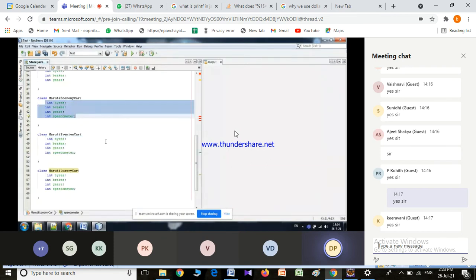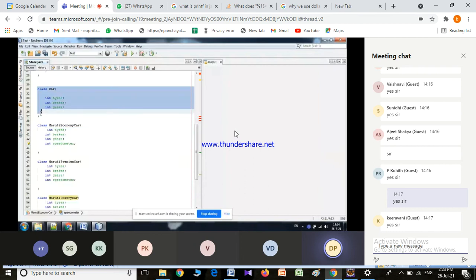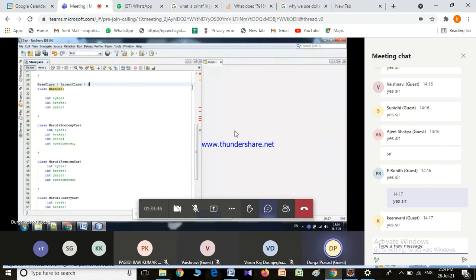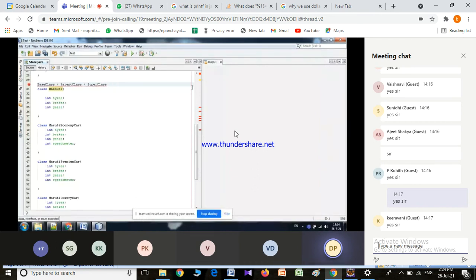Instead, what we can do is have one class, that is parent car, which we generally refer to as base class, or parent class, or super class.